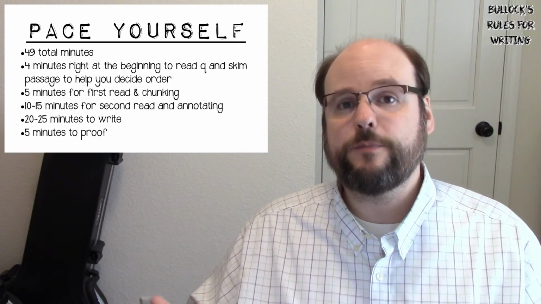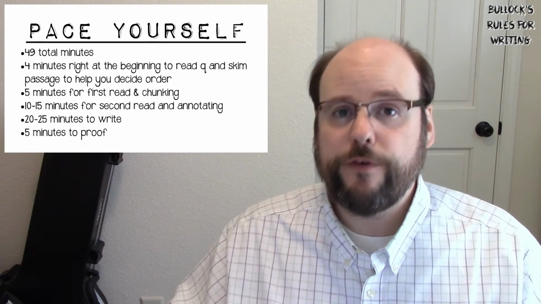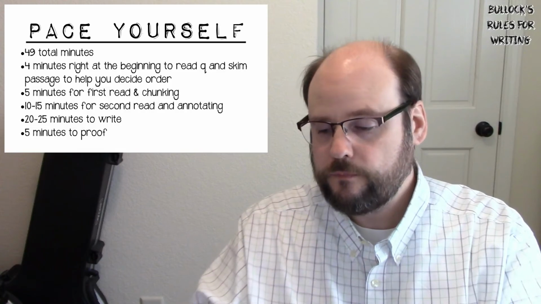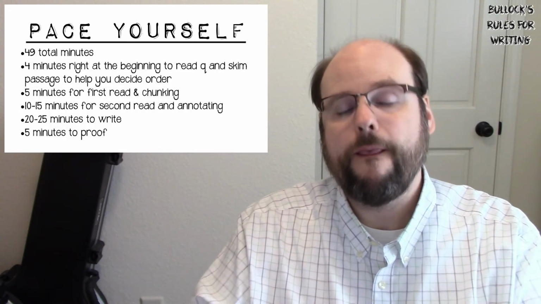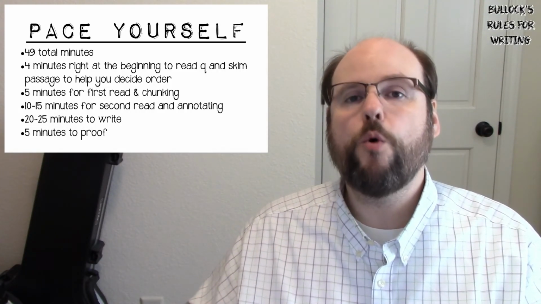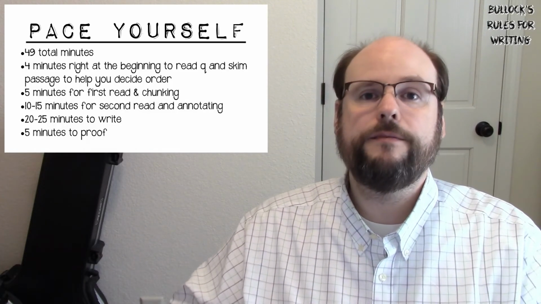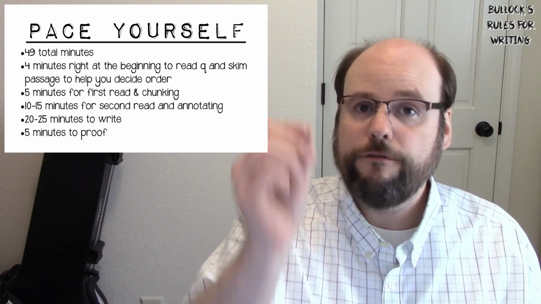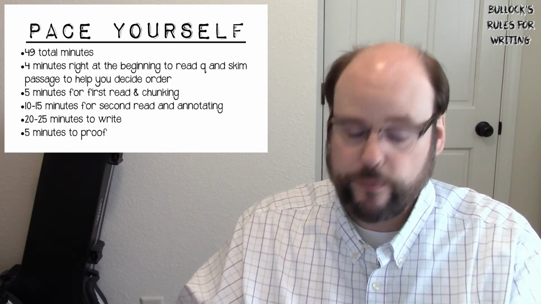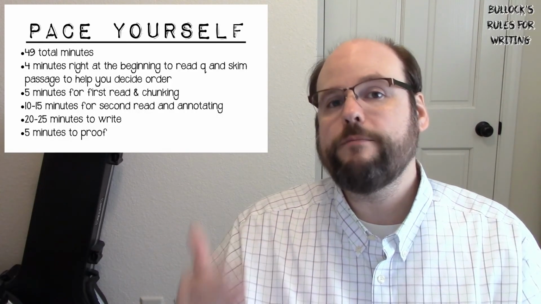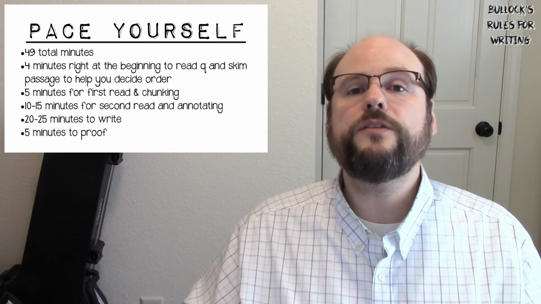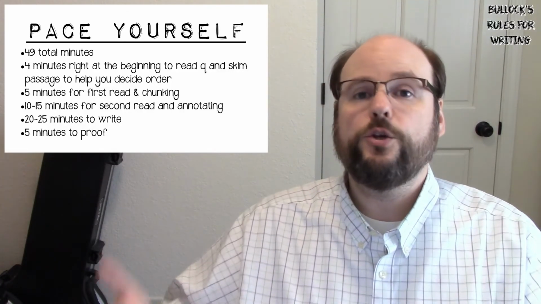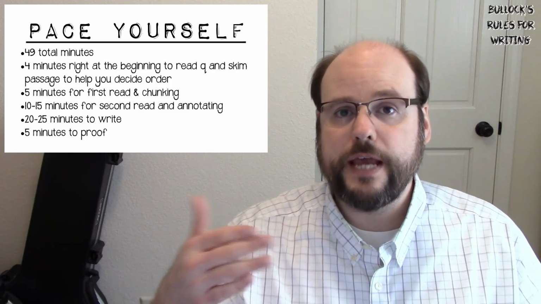But there is kind of this expectation from AP that for the first 15 minutes, you're looking at the book and you're not writing yet. So take those few minutes, but then you want to take 45 more minutes. The AP is going to tell you that you should average 40 minutes per thing. If you take those first 15 minutes, and then you have 2 hours left, you divide that by 3, it's 40 minutes per essay. But the fact is, the analysis is going to take you longer than the argument. So for the argument, I said 35 minutes. You get that extra 5 minutes here for the analysis.